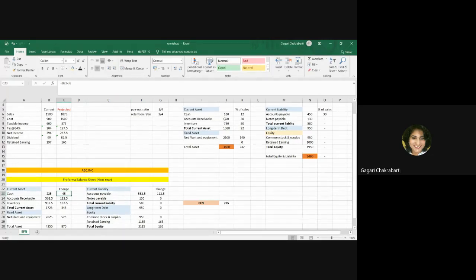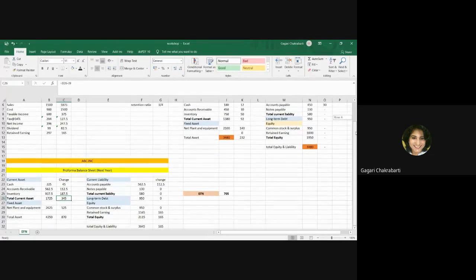The accounts receivables are also tied to the sales. In the same way, we have calculated the accounts receivable here. It has also increased, and it has changed by this much. Inventory is tied to sales, that is why it has increased. That is the percentage of change. Total current asset, of course, is going to increase, and this is the percentage of change. So in that way, we have calculated the change in the asset side. And if you consider